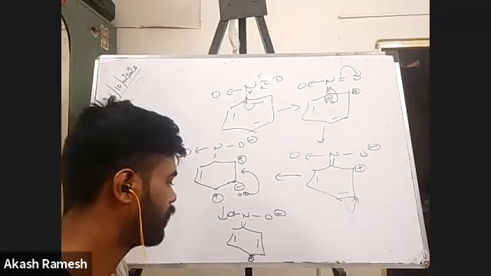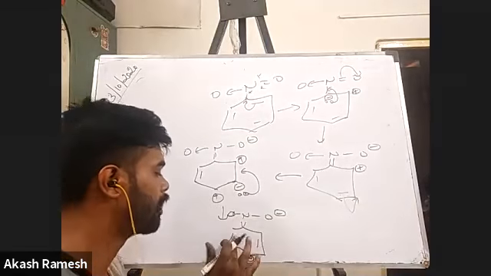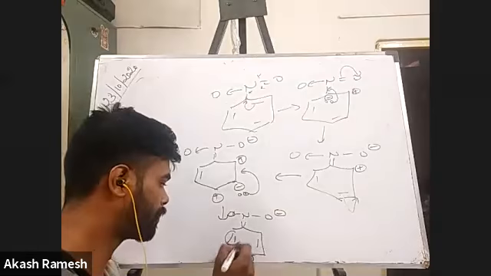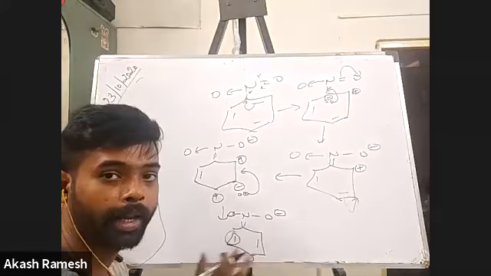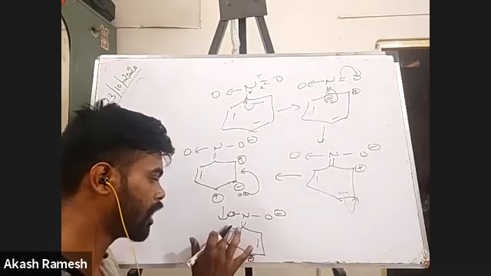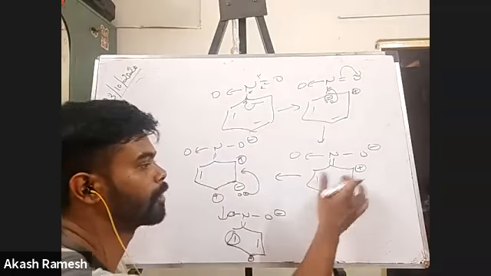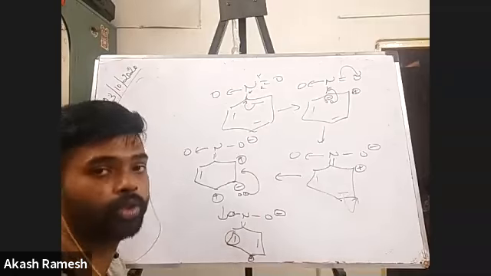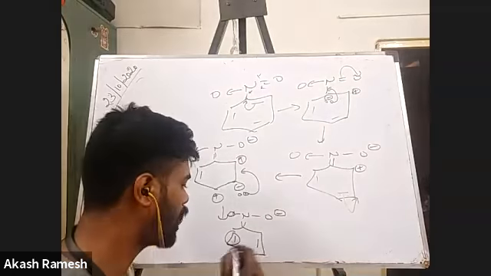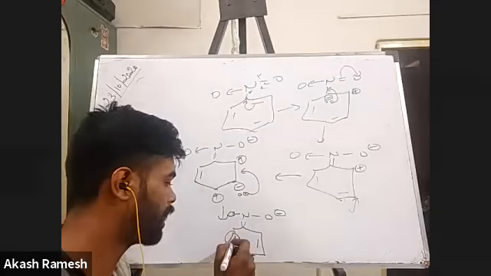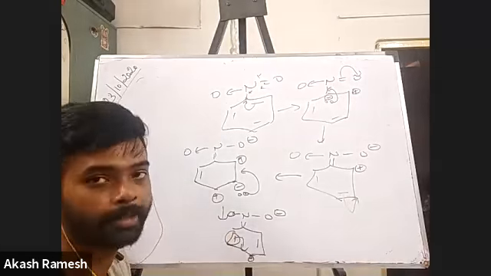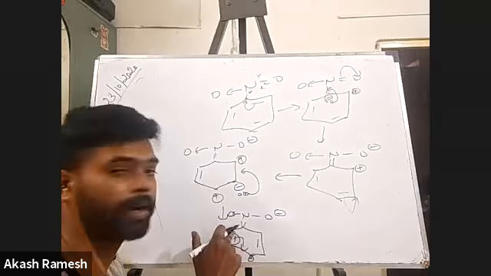Next step. Obviously the same thing you did here: you break this bond heterolytically, make a negative charge and a positive charge. This will come, this will go, exactly what you did from here. You broke this, made a negative charge, and that goes. Now I'll directly put the bond here. But still this carbon atom